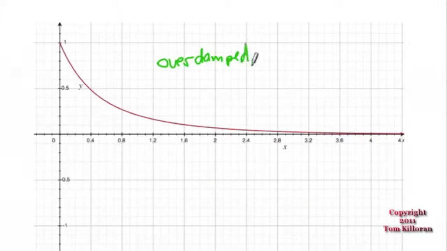This is where the damper is stronger than the spring. And if you're talking about a shock absorber in a car, it's when you hit a pothole and you feel it. And the car, the tire, if you want to think about it, jumps up to this position and then it shoots back down to normal without going past any safe cushioning zone. So this is a very, very stiff shock absorber. The other possibility is